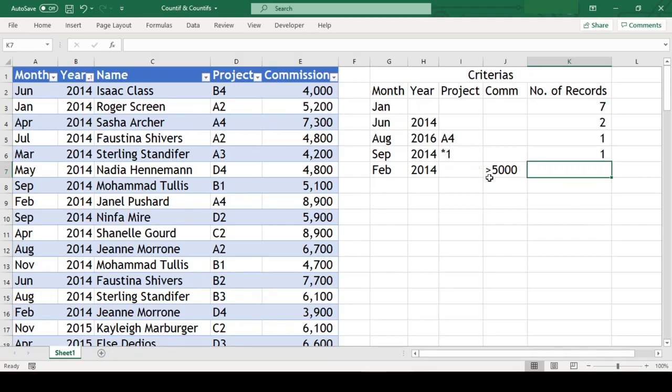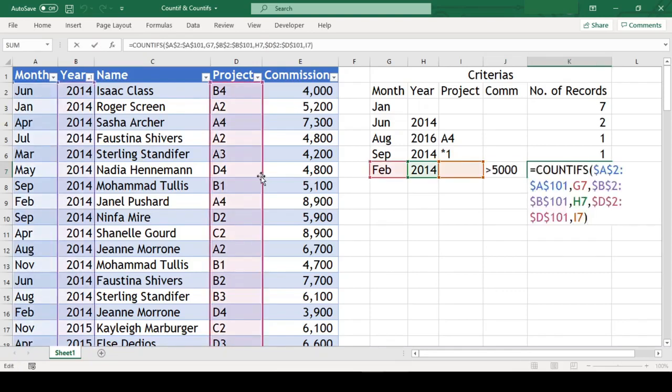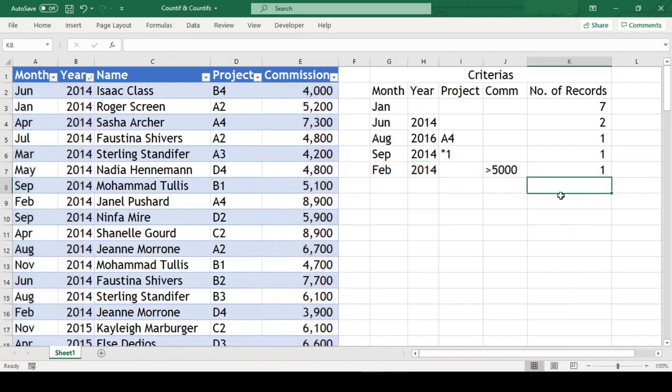Let us move to our next task, where we will be using a numeric column in the criteria range and a comparison operator along with a number in the criteria. Let us check this in our task where, in addition to other criteria, we even want only commission more than 5,000 to be included in the counting. Let us copy the formula from above and change the project criteria range from the project column to the commission column, and change the project criteria to the commission criteria, and we are done.